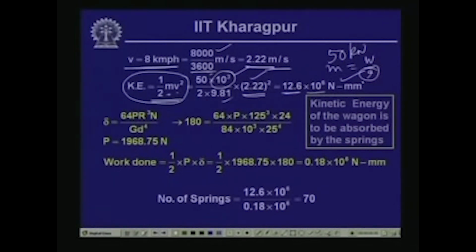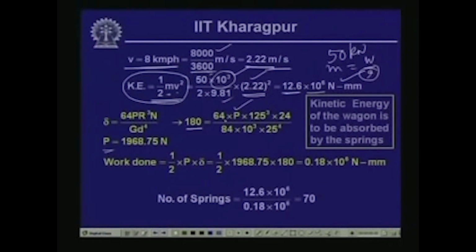Now, let us look into that. If we have to limit the deformation of the spring to 180 millimeter, then what is the load that can be taken by the spring? Now, from the expression of the deformation or the deflection, delta is equal to 64 PR cube n by G d to the power 4, we can see that we can evaluate the value of P,